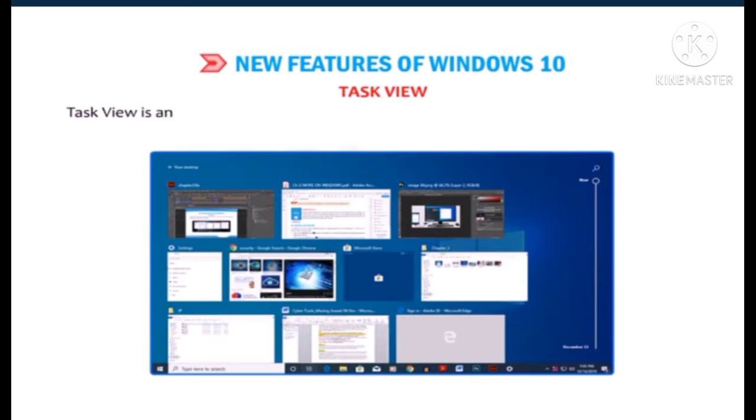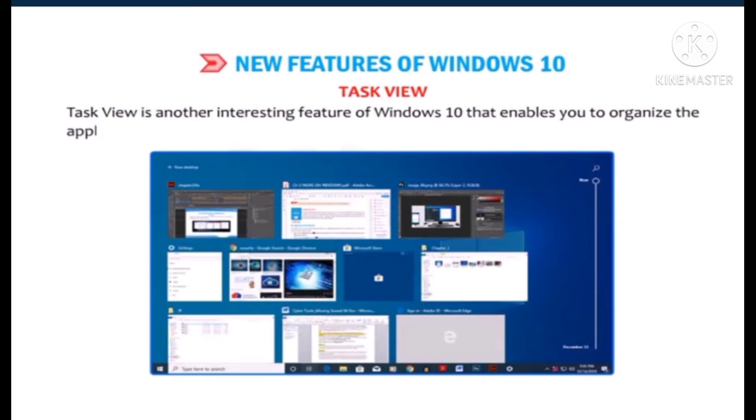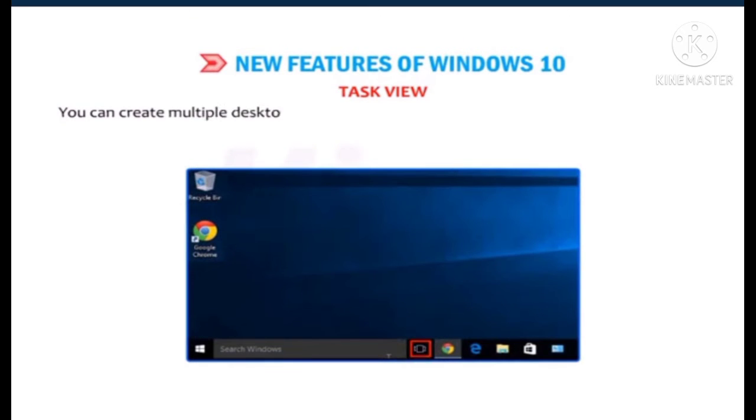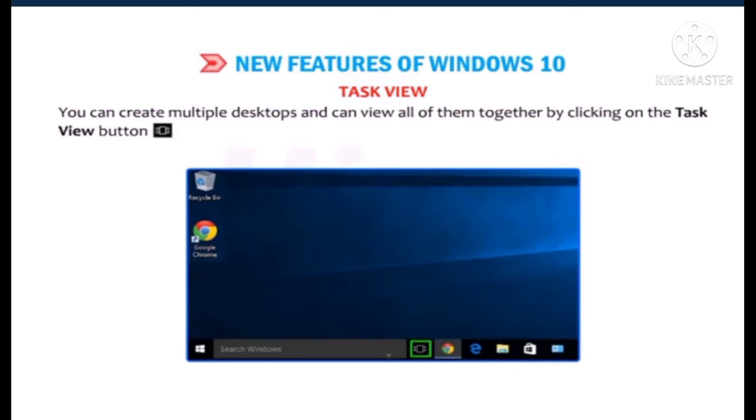Task view. Task view is another interesting feature of Windows 10 that enables you to organize the applications running on your computer. You can create multiple desktops and can view all of them together by clicking on the task view button located on the taskbar.